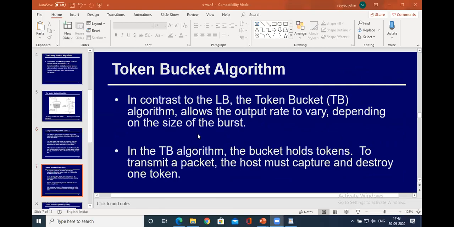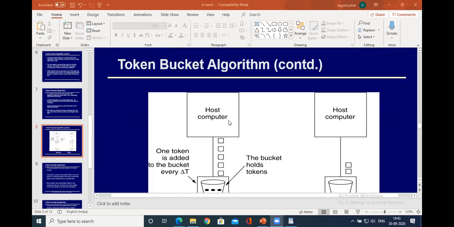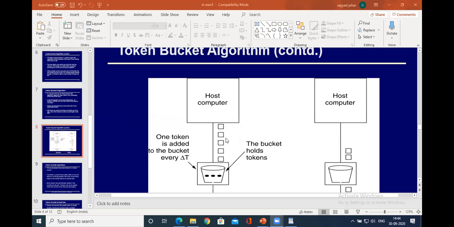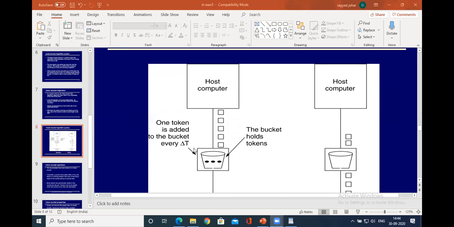Similarly, there is one more congestion algorithm called the token bucket algorithm. Let me not go deep into the token bucket algorithm, but I'll show you the diagrammatic representation of what happens in it. The packets are sent in terms of tokens. One token is added to the bucket every delta time.